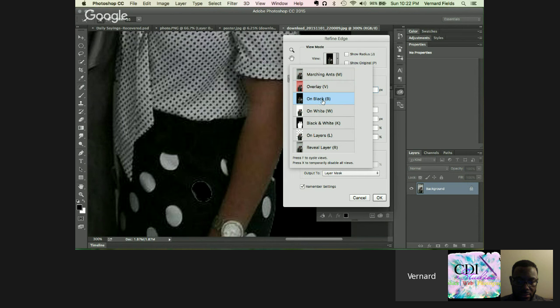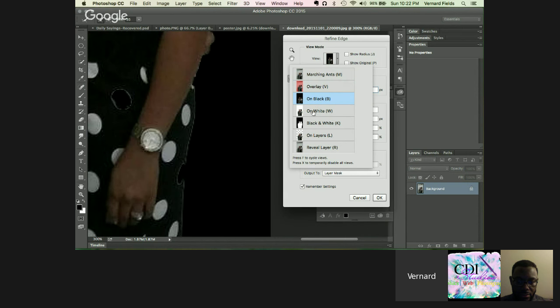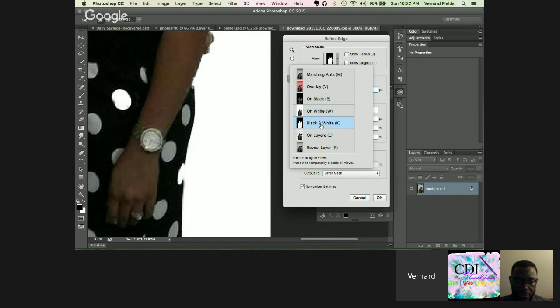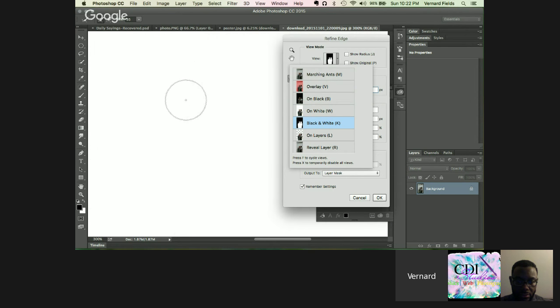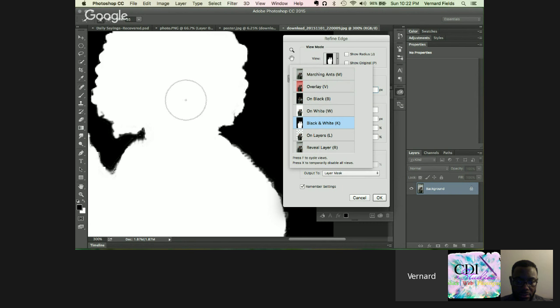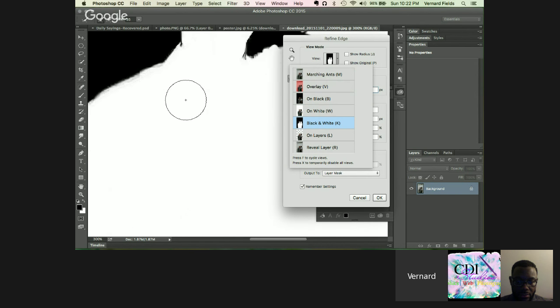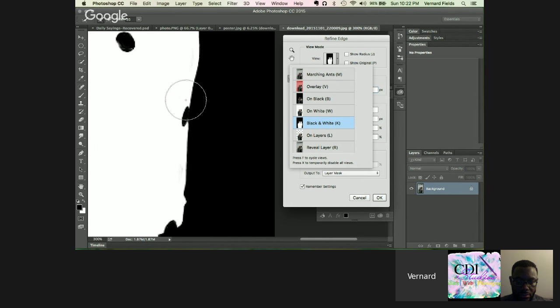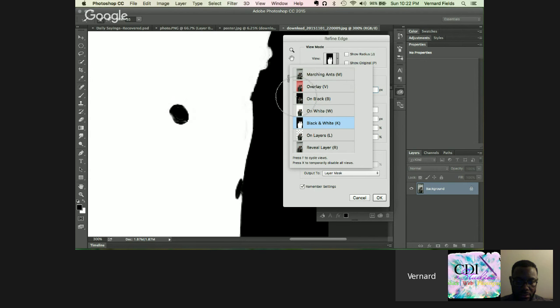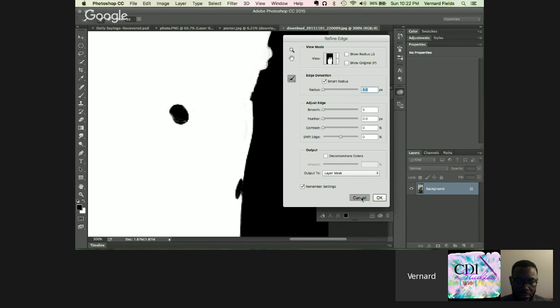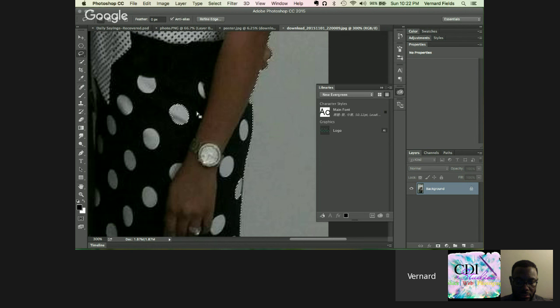You can also have it on black, and as you can see, that's going to be cut out too, but we don't want that. Or it could be on white. Or you can have the black and white, depending on how you want to look at the edges to see just how much of a blur you're working with. And that looks decent, but I'm going to get those two polka dots real quick. So before I do that, let me hit cancel,